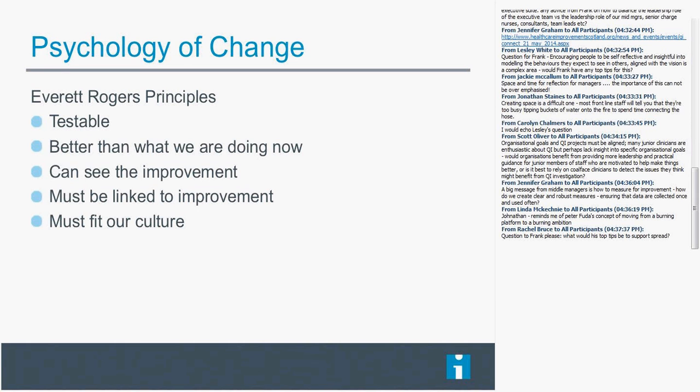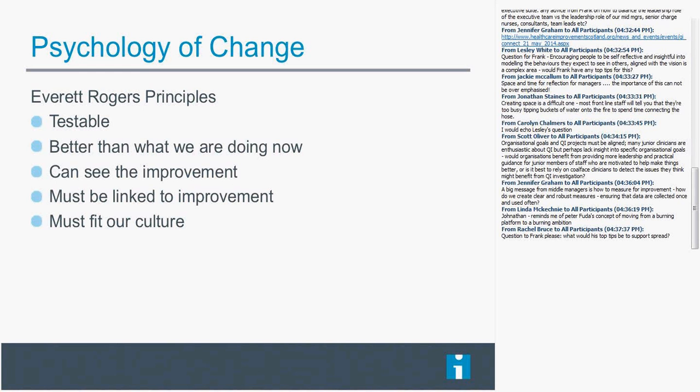The first thing is you always want to test it. Let me see what it feels like. Let me see how it works. I need to determine that for myself. It needs to be better than what we're doing today, because if you're asking me to add steps to my process, you're asking me to use a checklist, I need to understand why that is better than what we're doing today. Is it getting me the results? Does it help me do my job better? I need to be able to see that it does result in improvement, because if it doesn't result in improvement, why are we doing it? Is it just to satisfy some obligation that somebody has created, or are we really learning from it?